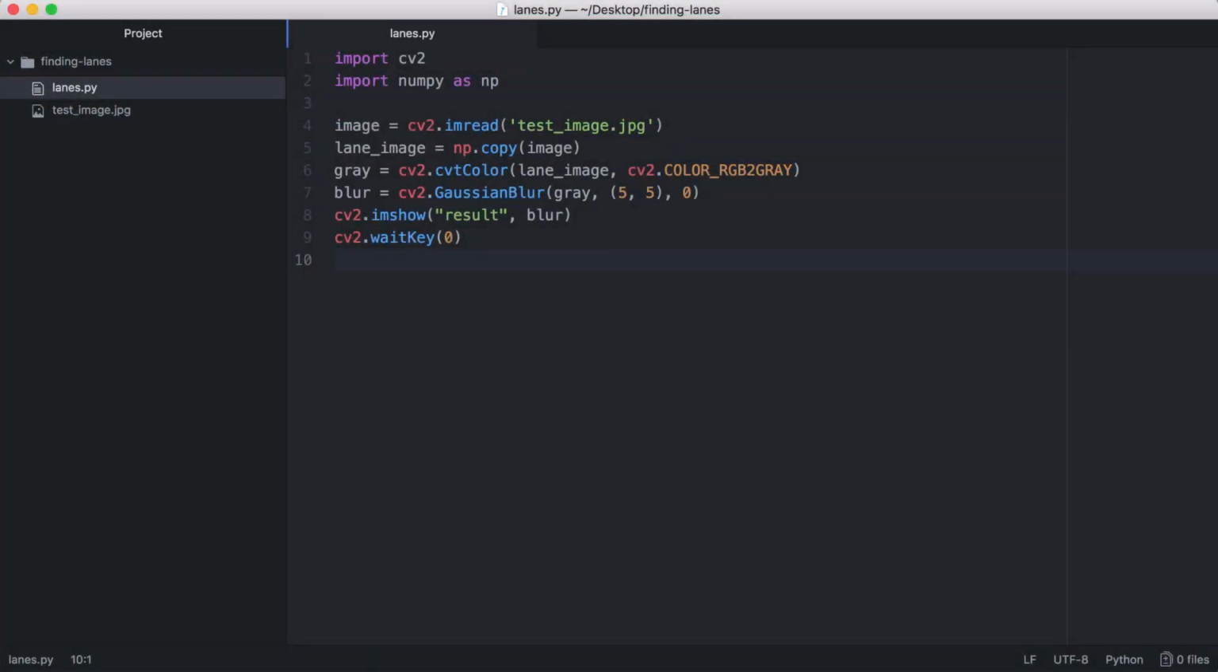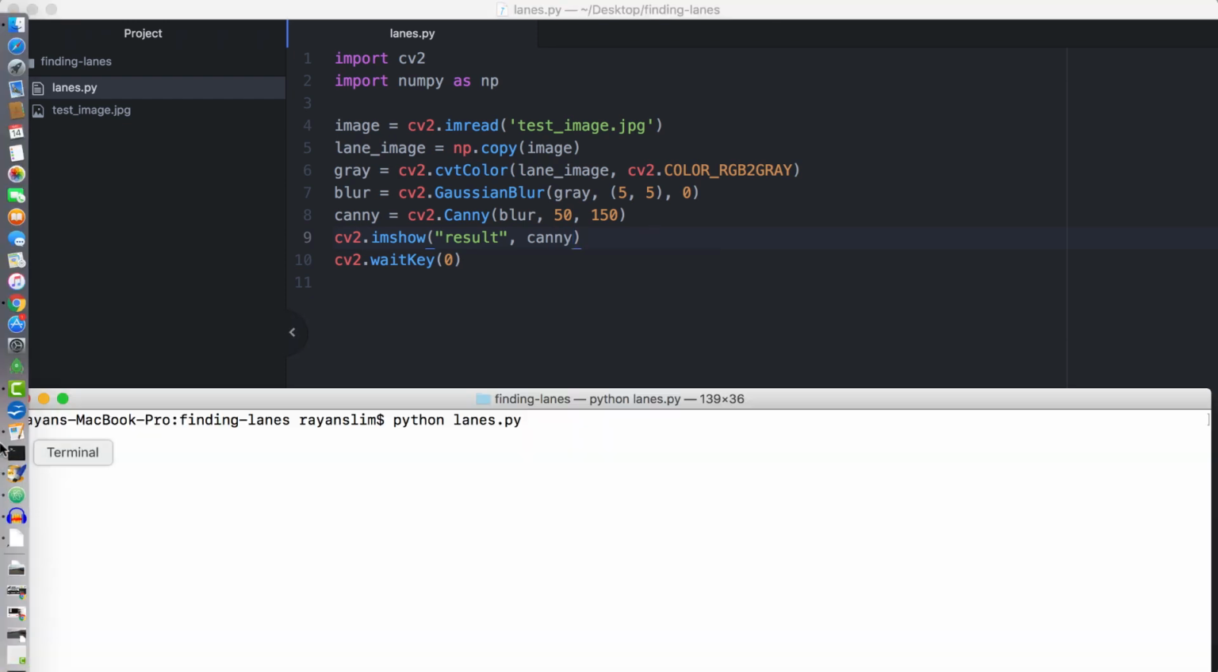Now that we know what goes on under the hood, we can call this function inside of our project by writing canny is equal to cv2.Canny. We'll apply the Canny method on the blurred image with low and high thresholds of 50 and 150. And now we'll show the image gradient, canny, instead of the blurred image. If we go ahead and run the code,